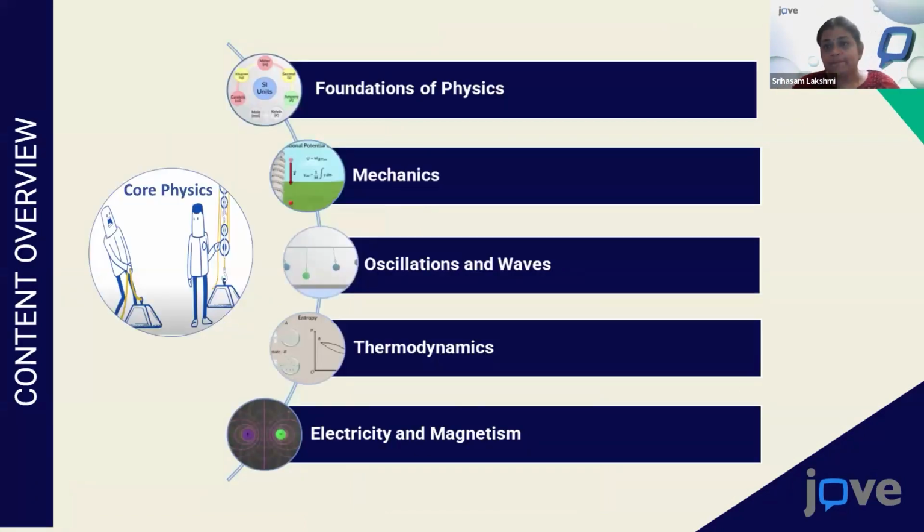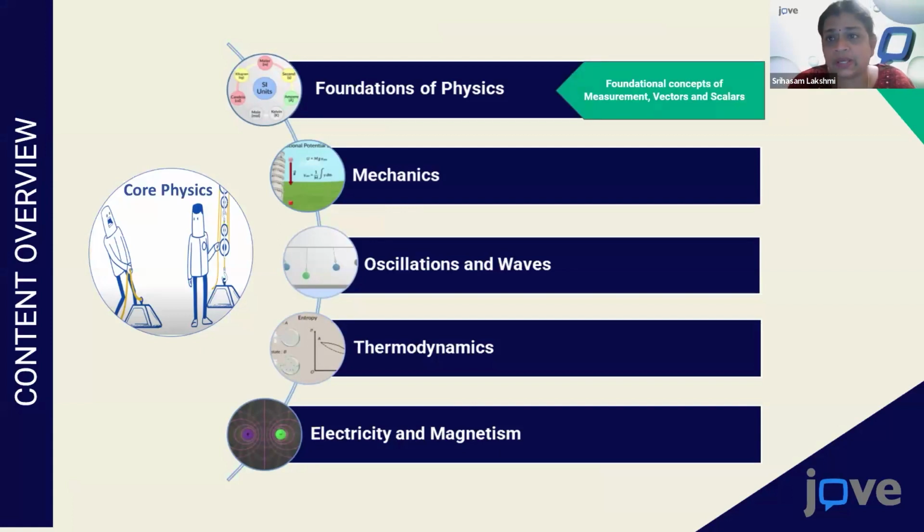Now I'll go to the contents that are actually present in our collection. For ease of understanding, I have put it into 5 different sections. The first is the foundation of physics, where chapters 1 and 2 discuss the foundational concepts, especially measurements, vectors, scalars, dimensions, and units. This gives students the basics to understand the upcoming